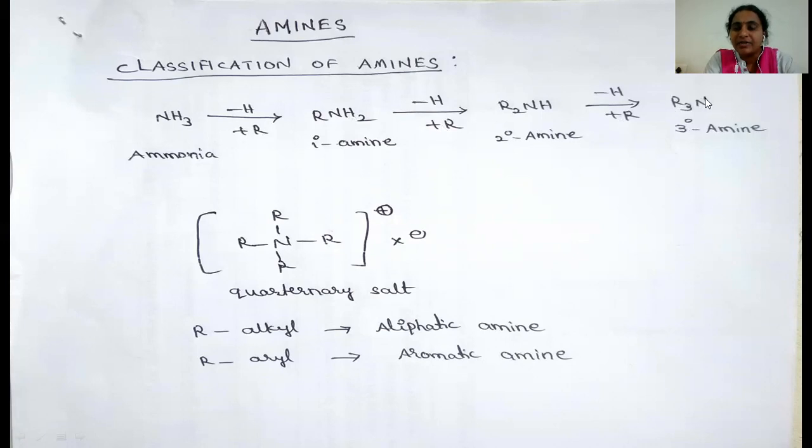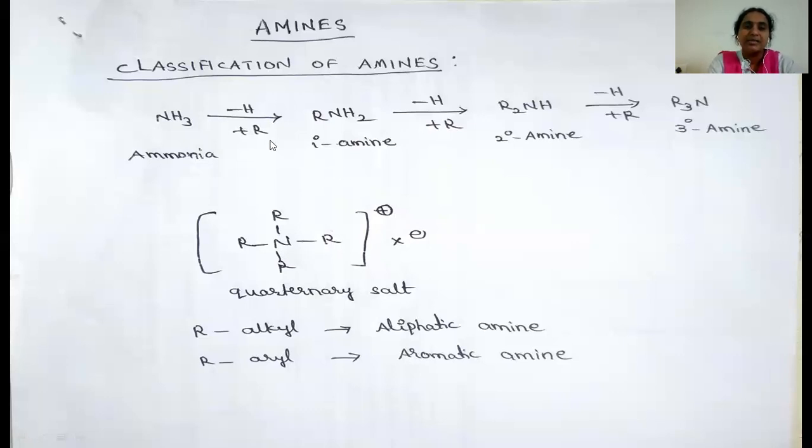So, when it reacts with the alkyl halide, in alkyl halide R has a plus charge whereas X has a minus charge. So, this nitrogen will donate its electrons to the R plus, and it produces the quaternary ammonium salt. In this quaternary ammonium salt, nitrogen gets the plus charge whereas halogen gets the minus charge, because generally nitrogen can make bonds with only 3, but here a total of 4 bonds are present, so nitrogen gets the positive charge.